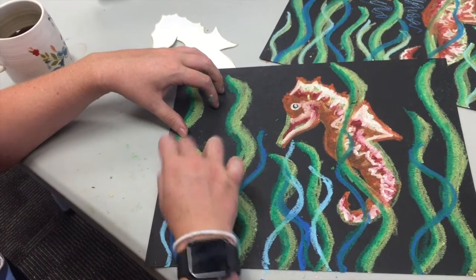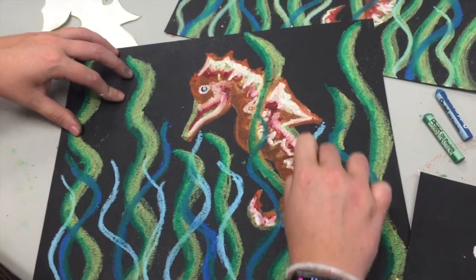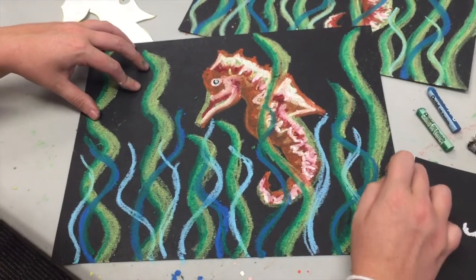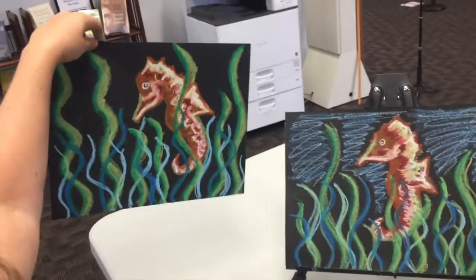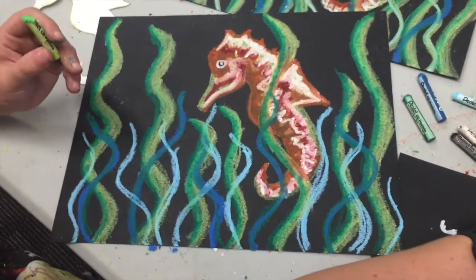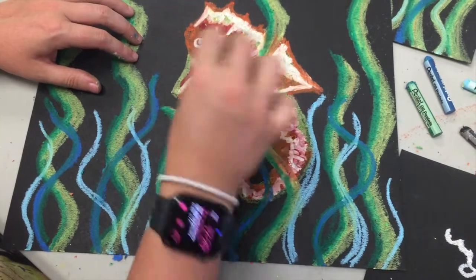So it's just different lengths. So some of them, it might be that you have a little bit less. Some of these you're like, well, I want a little bit more of a kelp jungle. So it's really, what are you trying to define? Or maybe you don't know and you're figuring it out as it's being created, like you can see here. And if you want, you can go over either with the yellow or light green into your light blue. So I think I'll do a little bit of yellow into my,